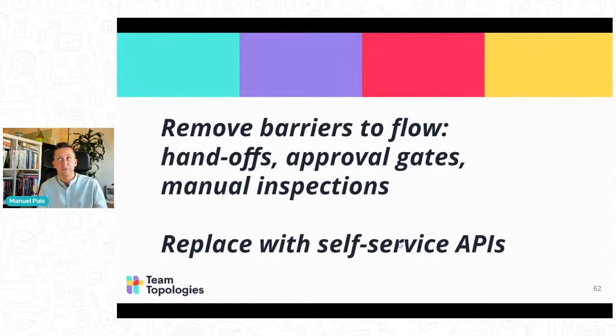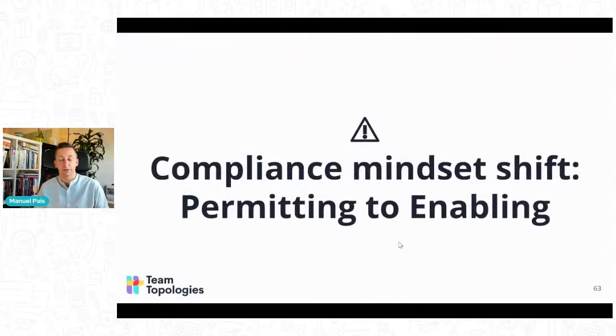Another shift or challenge that we often see has to do with compliance. A very common example of blocking dependencies is around compliance. And of course, we need to follow the regulations. We need to abide by the rules in our industry. We need to make changes safe for users and customers. Obviously, that's not what we're talking about. We're not questioning that. But how we do it can be different, and it should evolve.